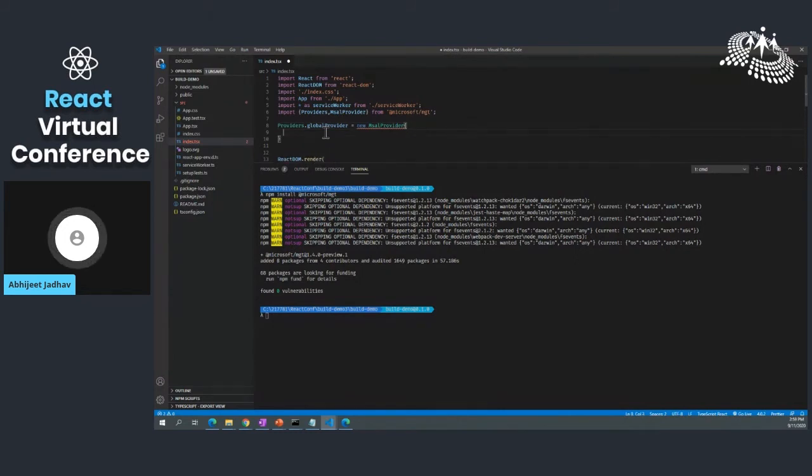So here, what we are going to do is, we would need to have the config entry for this. Okay, so let me go ahead and add the config entry.